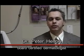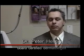SkinMD Natural has the added benefit of having antimicrobial effects. Now, it's not antibacterial effects as one would expect from the traditional antibacterial cream, but these are holistic antimicrobial effects that help decrease the ability of bacteria to grow in a more natural manner. Now, this is probably better than using the typical antibiotics that we use in medicine, because bacterial resistance can be obtained with these drugs, and essentially they become ineffective after a period of time. With the homeopathic and holistic quantities that they have in this product, it is much more beneficial in decreasing the